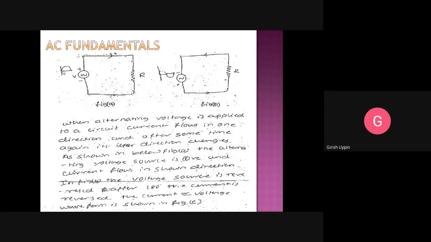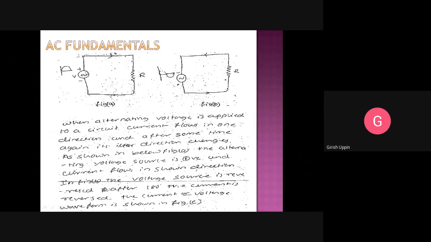During the positive cycle, that is the first half cycle, the voltage source, this is the alternating voltage source, if it is connected to a resistor, the current will flow in this direction. It means that in this half cycle, this particular terminal will work as positive and this as negative. Current will flow like this until it becomes zero. Then once it changes its direction in the second half cycle, the current direction will also change.